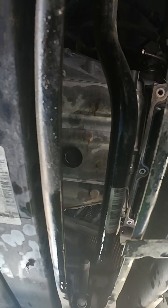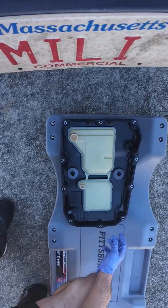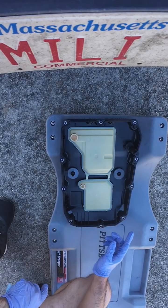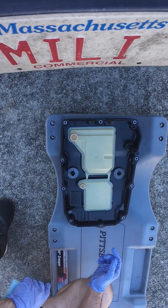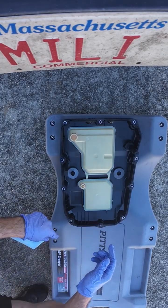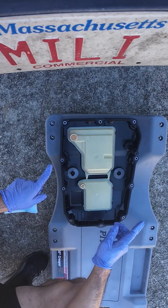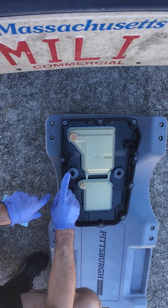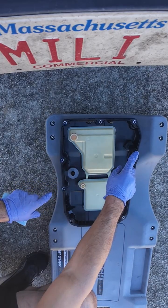And put the new pan back. Here's our new transmission pan. It always comes with two filters. One is for a standard fuel pump, another for electric. And occasionally it comes with this pin and this assembly